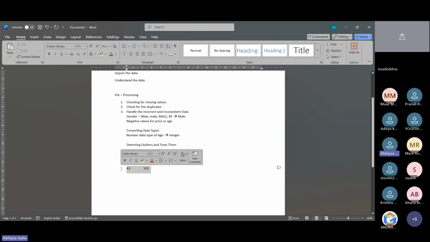So we will treat this as an outlier, because 105 looks suspicious. Very few people nowadays live to 100 years or 105 years. This could have been seen maybe 40 years back, when old people used to live 100 and more than 100 years. Nowadays hardly anyone lives more than 60 or 70 years, right? So it does seem suspicious, so we need to change it. That has been treated as an outlier.